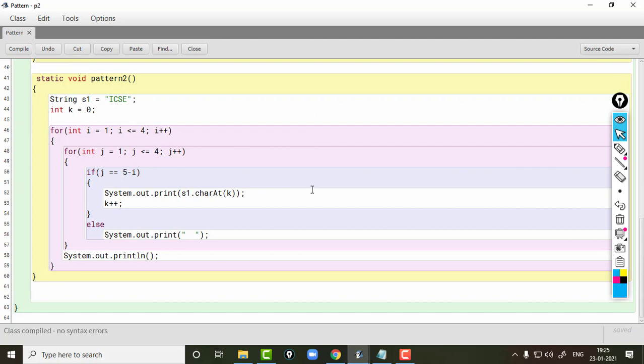Similarly, for the second pattern also, the pattern is like this: I, C, S, E. So again, you will do the same thing.